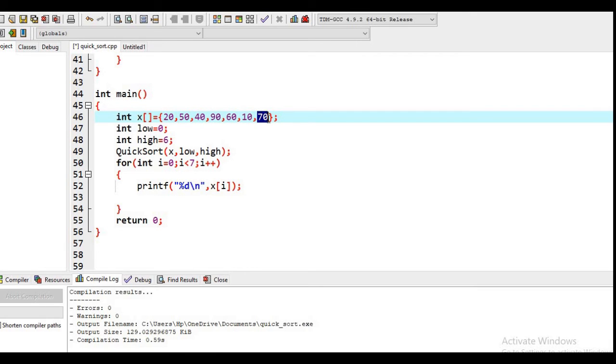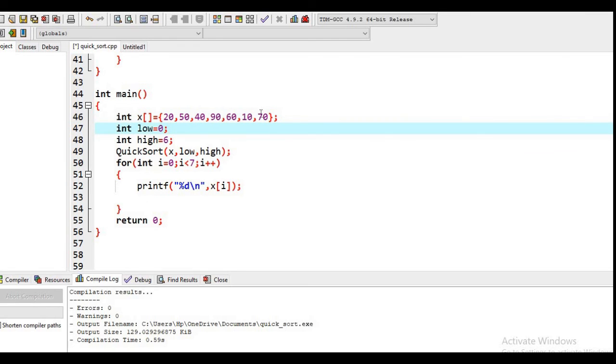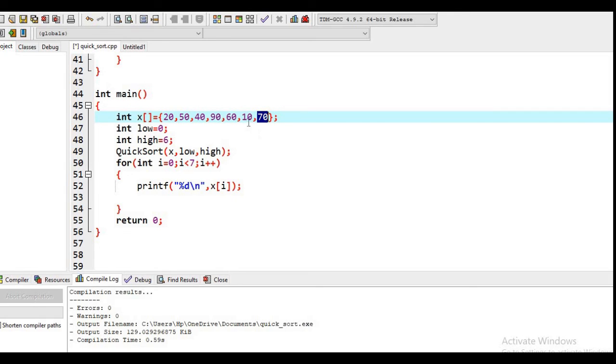The next option is you can always select the last element as the pivot point. In that case also the same problem will arise. If the array is already sorted in ascending or descending order, then it is going to create a problem for you, because then the array will be partitioned into one element in one portion and the remaining array in the second portion, and this will happen again and again.